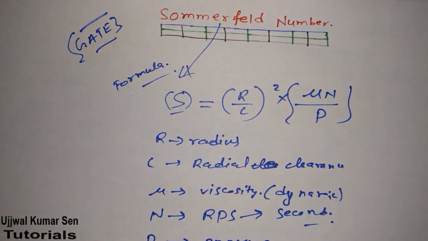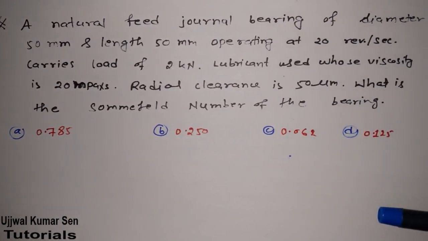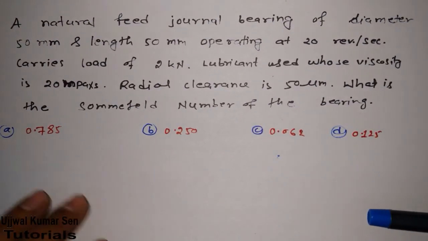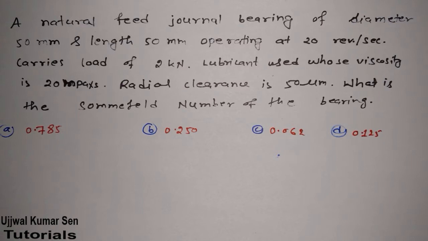The same question was asked in GATE previous year. So let's go for that question. Here is the question. I hope you can read the question, right? It's a very good camera of 21 MP, megapixel. Why am I mentioning megapixel? Because there is a confusion in this question with megapascal. I will share with you.